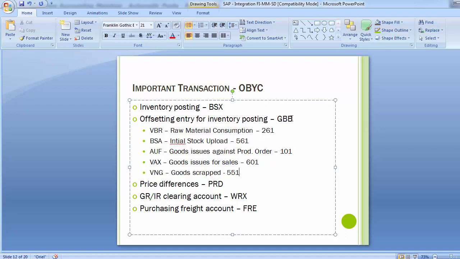For example, if you take goods receipt against the purchase order, if the purchase order price differs from the standard price which is maintained in the material master, in that case the difference between the two will go to the price difference account. So one has to take care that the purchase order prices and the material standard price have to be the same, or it has to be maintained so that no amount moves to the price difference part.